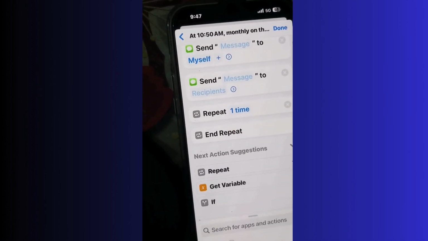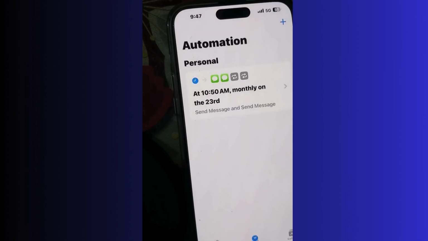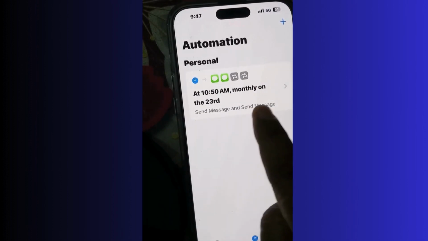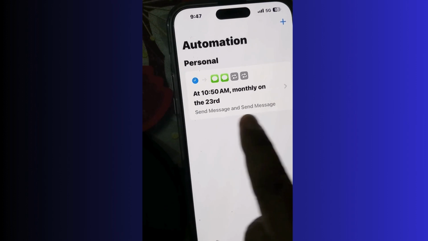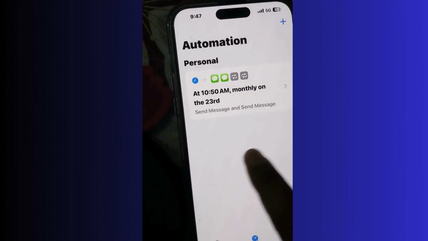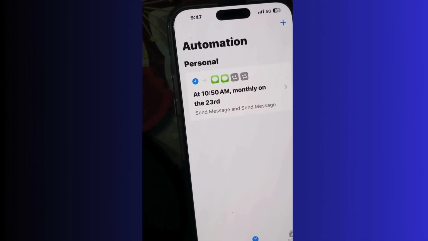Repeat option available one time. Tap on Done. Now your message is scheduled at 10:50 a.m. monthly on the 23rd. Now we will